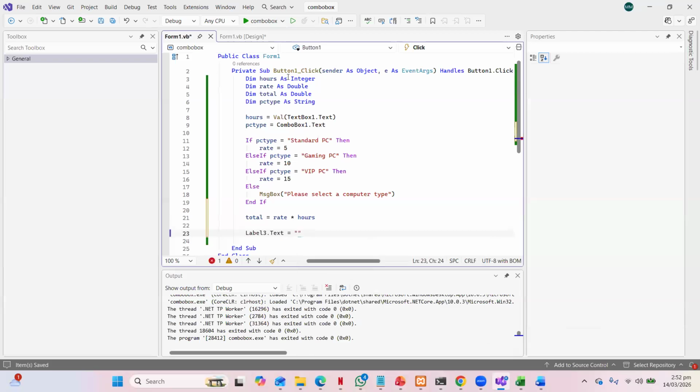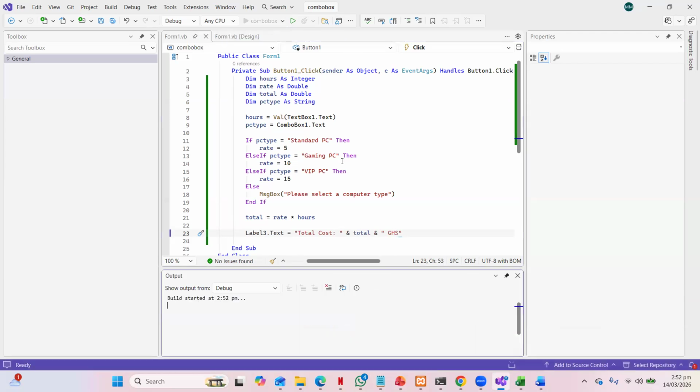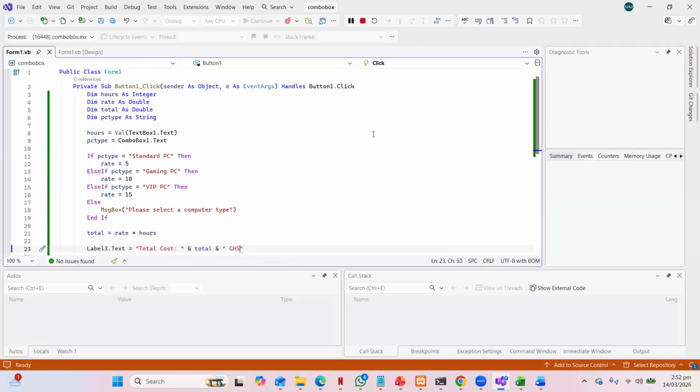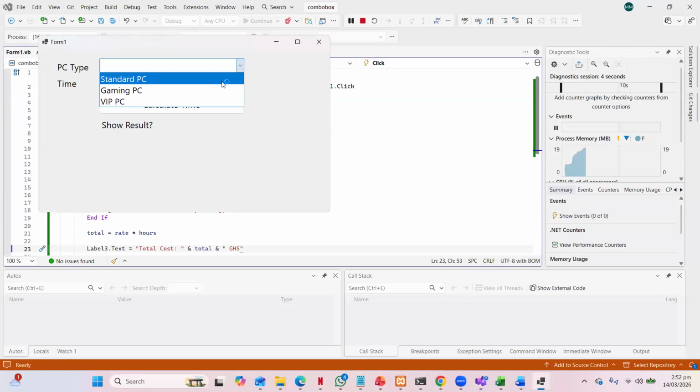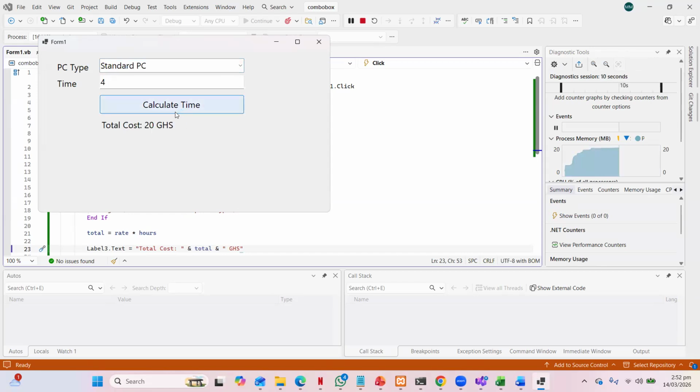Or if I want to be fancy, I can say total cost colon, then I'll use ampersand to join the total, then another ampersand, then I'll put into this thing the GHC, so we know it's Ghana cedis. Yeah. So if I run this, the user can come here, oh, I'm doing standard PC, I'm doing for, let's say, 4 hours. When I calculate, I'll pay 20 Ghana cedis. Those days when we used to run cafe, over here I can add a ticket so that